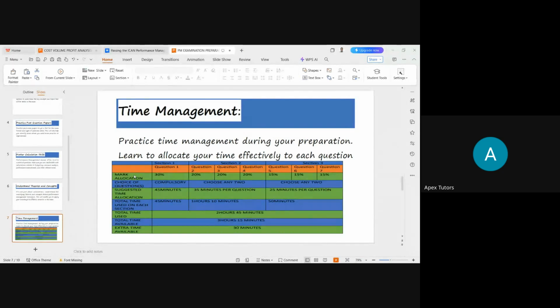Section 1 comprises 1 question. The mark allocation is 30 marks, and it is compulsory. But because it is compulsory does not mean you should start with it. Yes, it is compulsory. Please do well, no matter how complex it is. As they are giving you the statements, writing the statements,